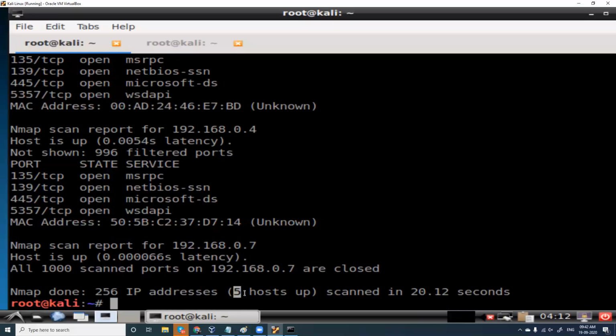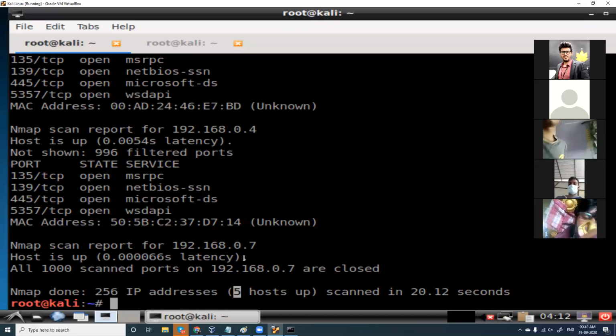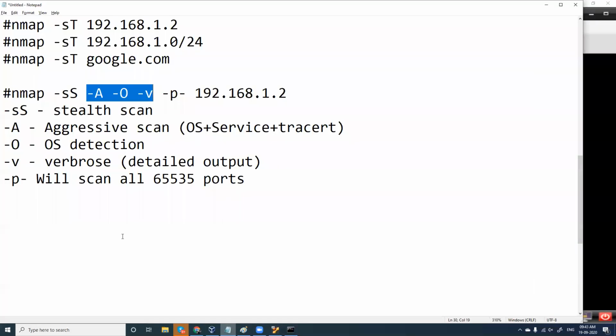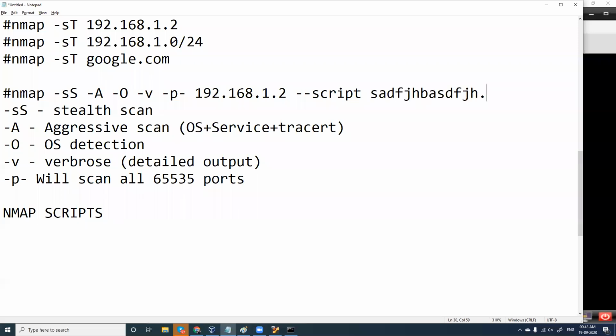And as I told you, you have so many complex commands which you can try with Nmap. For people who want to try something advanced with Nmap, please learn what Nmap scripts are. You have scripts for everything. Whatever technology you mention, you will have an Nmap script. When you're using an Nmap script, all you have to do is type the script tag and then the script name, and this script name usually has the extension .nse.